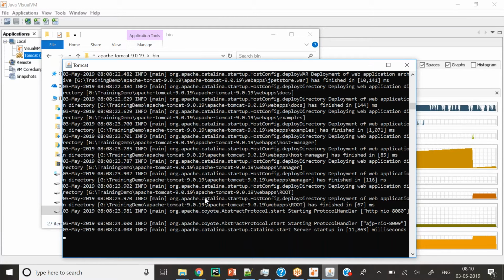It will also shut down, but it is not the proper way, because Tomcat leaves some dead objects in my RAM, in my memory. I don't want that. I want a clean shutdown, so let's do it in a proper way.